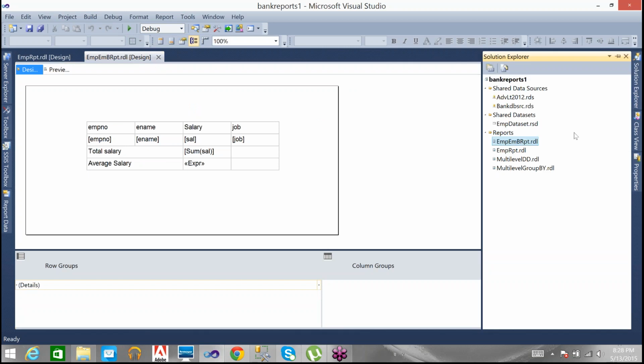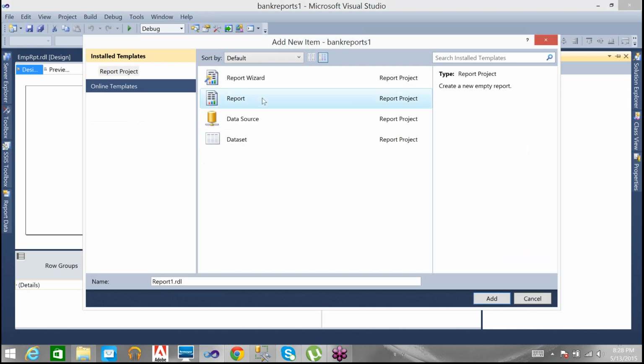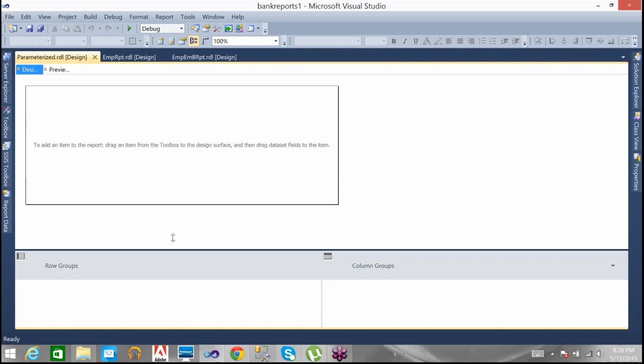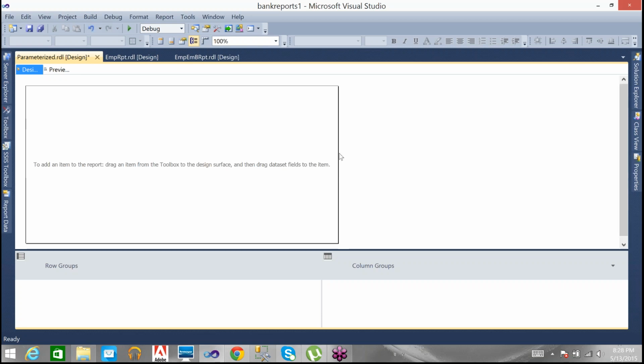Everybody just concentrate. I'm going to quickly develop the new report. I hope the new person added to the batch can just go through that one. I'm developing the new report called parameterized. I'm just naming it, but initially I'm going to develop the simple report. Now I'm going to use the design view. I hope you guys understood perfectly.